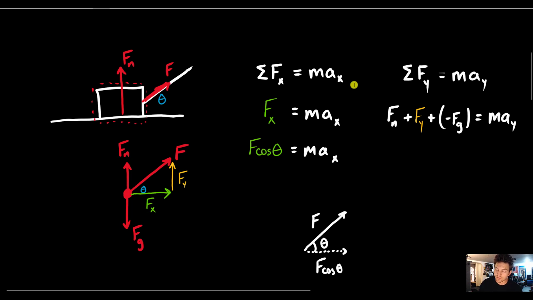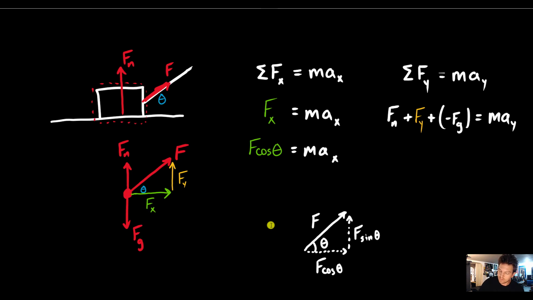All right, I would be fully set now. The only thing I want to figure out is, what is this Y component? And so again, we're going to use trig, SOHCAHTOA. If I want to find this Y component down here, this is now opposite of my angle, so I'm going to use sine, and I'm going to say F sine of theta. So I would have normal force plus F sine of theta, and then minus whatever the force of gravity is,